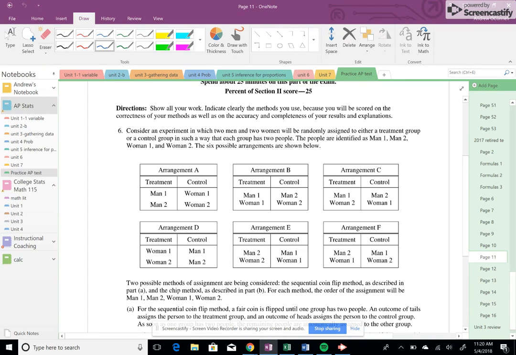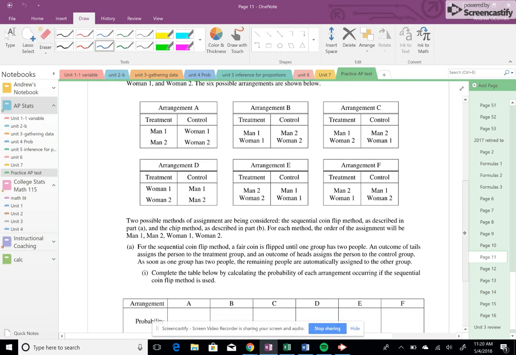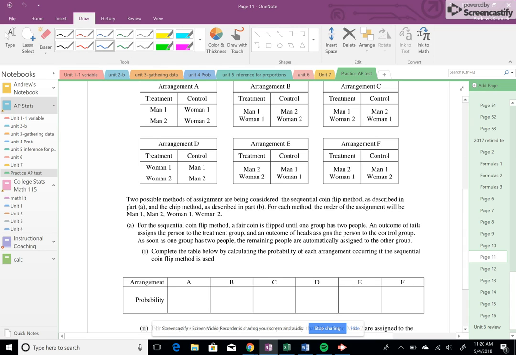Arrangement B, another possibility, is man 1 is in treatment, woman 1 is in treatment, man 2 is in control, woman 2 is in control group. Keep going through that, read through it, down to 2 possible methods of assignment are being considered. The sequential coin flip method, as described in A, which is here, and the chip method, as described in B